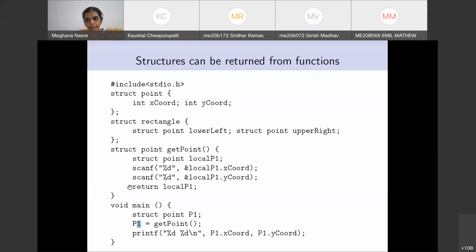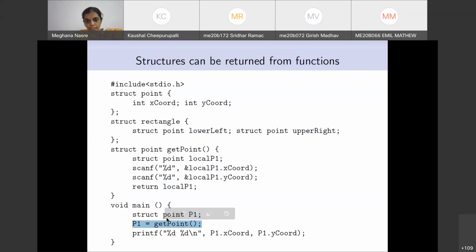In a similar way, this local P1 scope is clearly local to this function, so this is a correct thing. However, when we say return this local P1, the contents of local P1 will get copied into whoever was calling it. And remember, this type matching was done by the compiler. So you could not have taken some int P1 and said P1 is equal to get point.